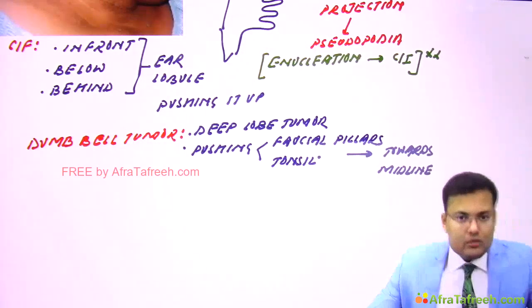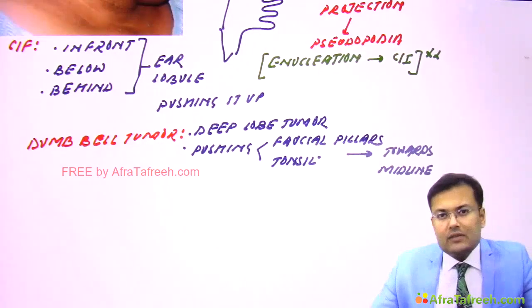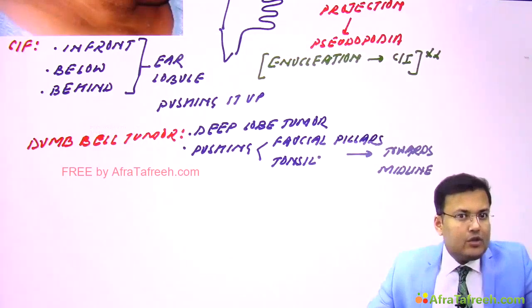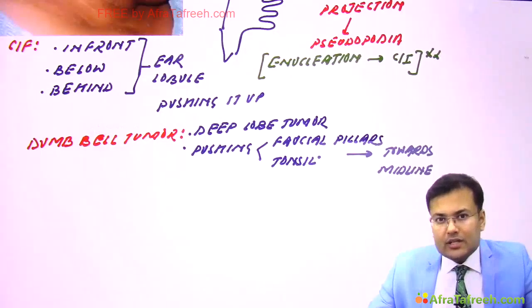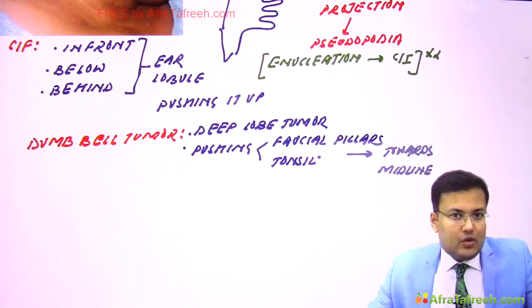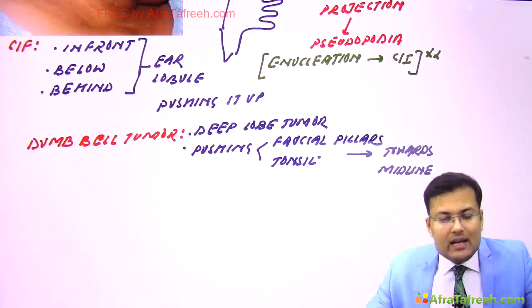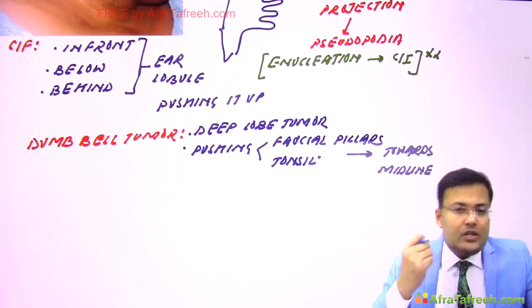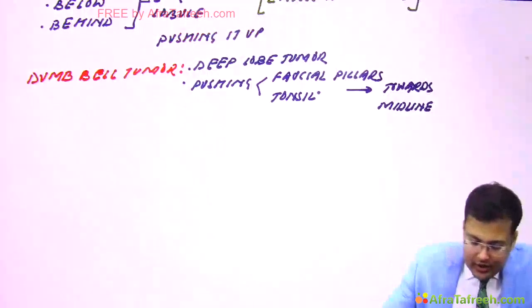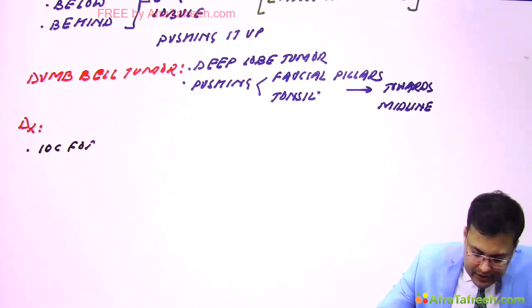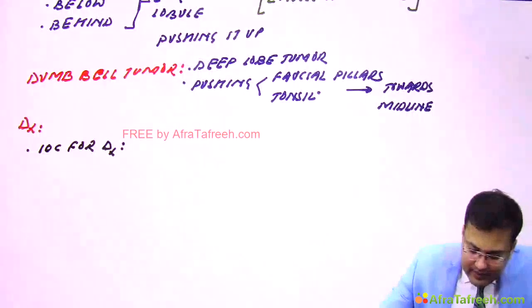Okay, now coming to the diagnosis. So we discussed for most of the salivary gland tumors what is the investigation of choice. So FNAC. The most common site of the tumor is parotid. Which lobe? Superficial lobe. So what is the treatment of choice? It is superficial parotidectomy. And we discussed that whenever a salivary gland tumor is located in some other salivary gland like submandibular, sublingual, minor salivary gland, in those cases we go for excision of the involved gland. So the investigation of choice for diagnosis is FNAC.